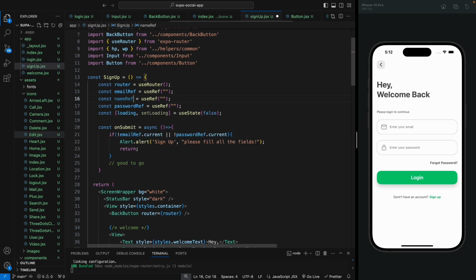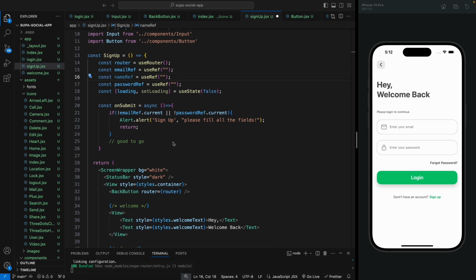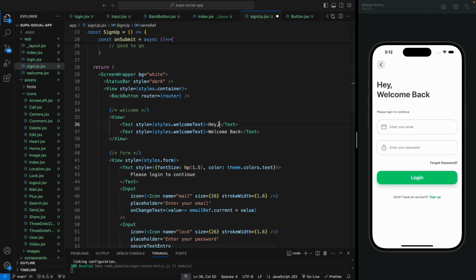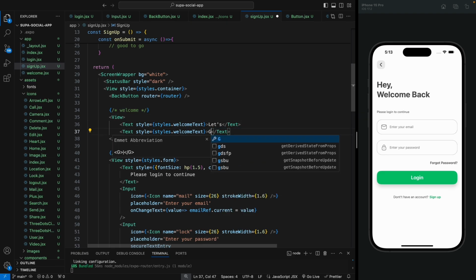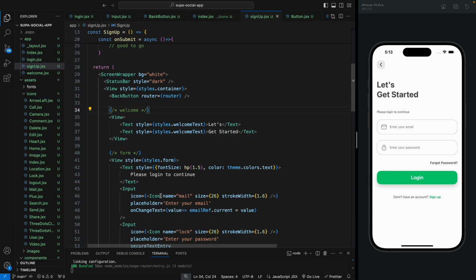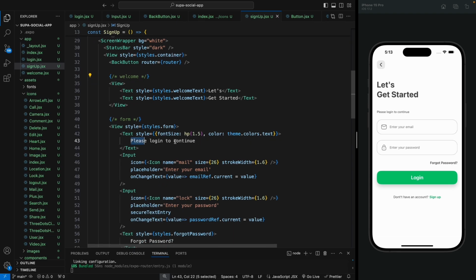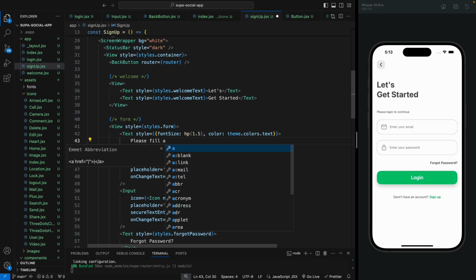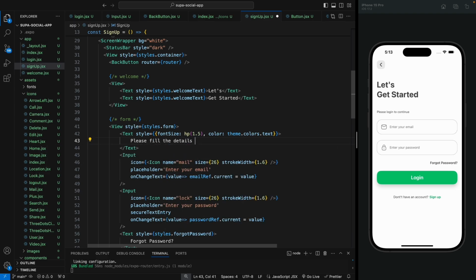So let's create a reference for the name input, and then this will say let's get started. So let's change the welcome back to get started like this, and then this line will say please enter the details to create a new account